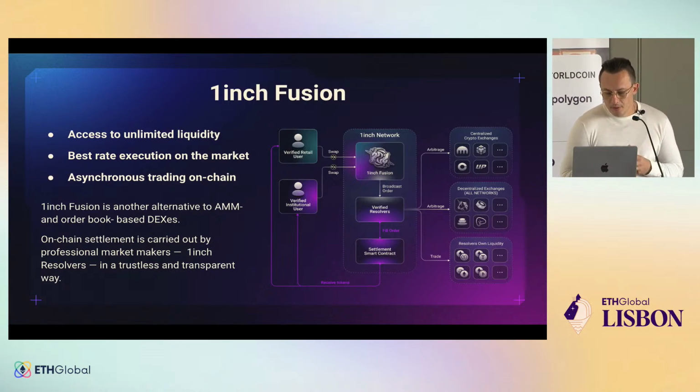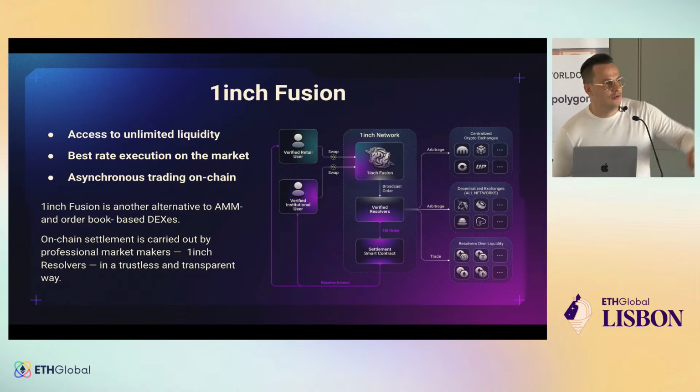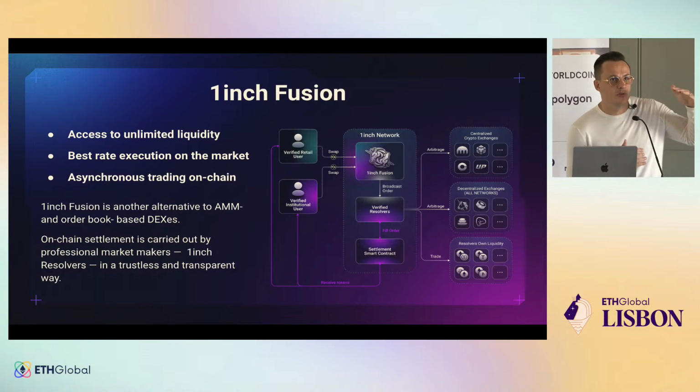so the resolvers, these are professional market makers. We have a special game theory for tokenomics. We changed it recently, in December, together with the Fusion release. You need to stake 1inch tokens to get unicorn power. This unicorn power decreases in time based on the burning curve. That means you have to maintain almost 1 token to 1 unicorn power all the time. With this unicorn power, you can become a resolver, or you can ask someone to delegate the unicorn power to you to become a top 10 resolver. Only a top 10 resolver can execute the